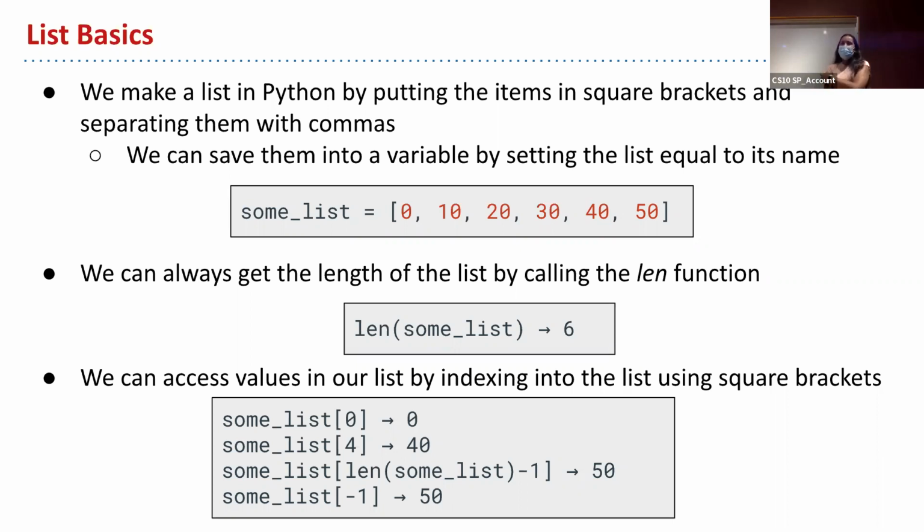That's not super common, but sometimes it's useful. Like if you don't know how long your string is or how long your list is, sometimes you might want to use negative indexing to count backwards from the end. And I think you might use that in some of your labs as well. So it's good to know. Does that make sense how we index into lists? Okay, awesome. Okay, let's keep going then.